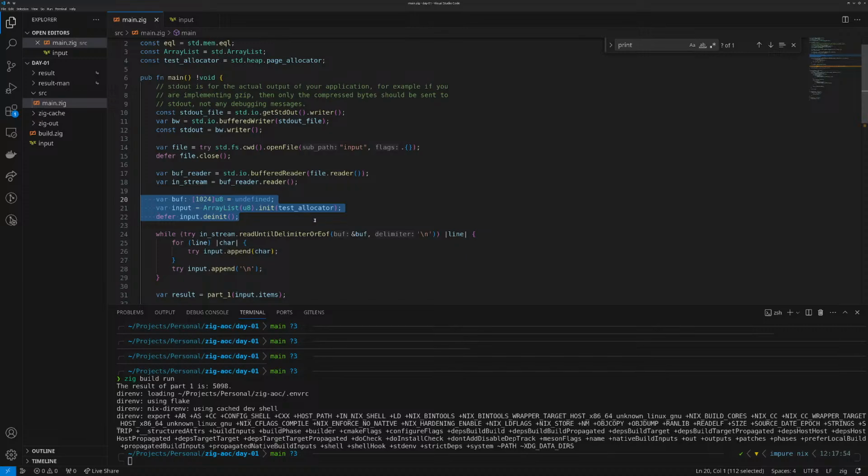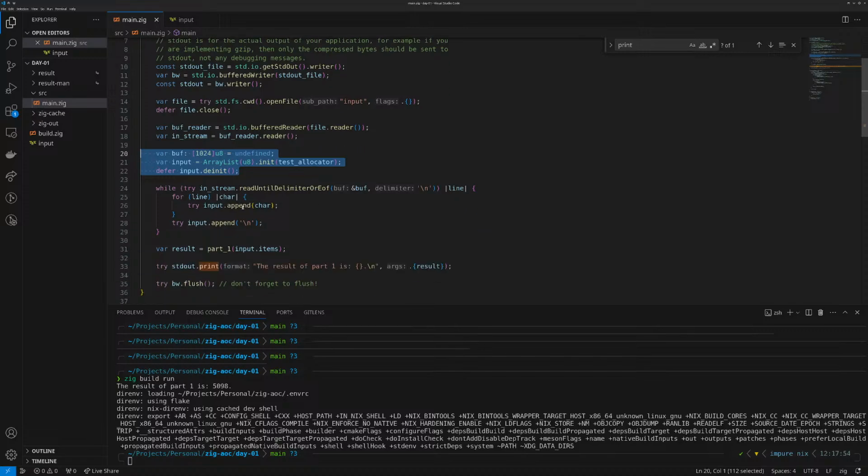I initialize the actual input string, which should eventually cover the fully read file. I then read the file line by line, append individual characters into my array list,